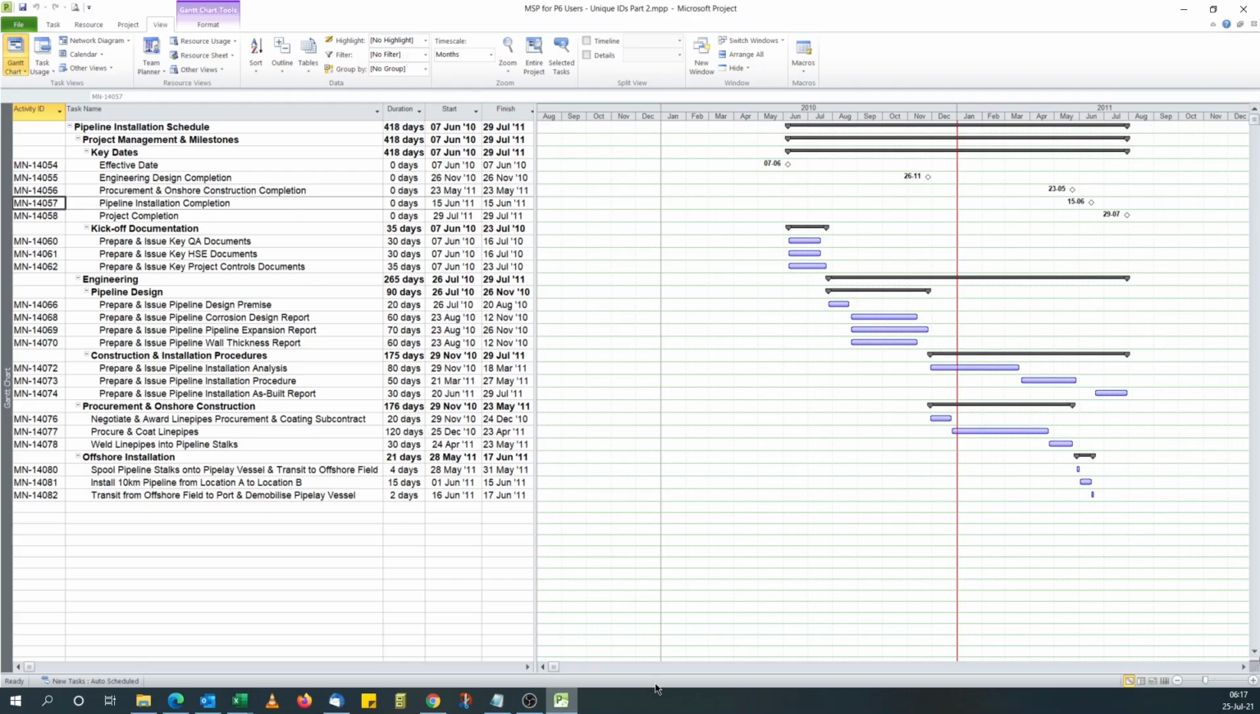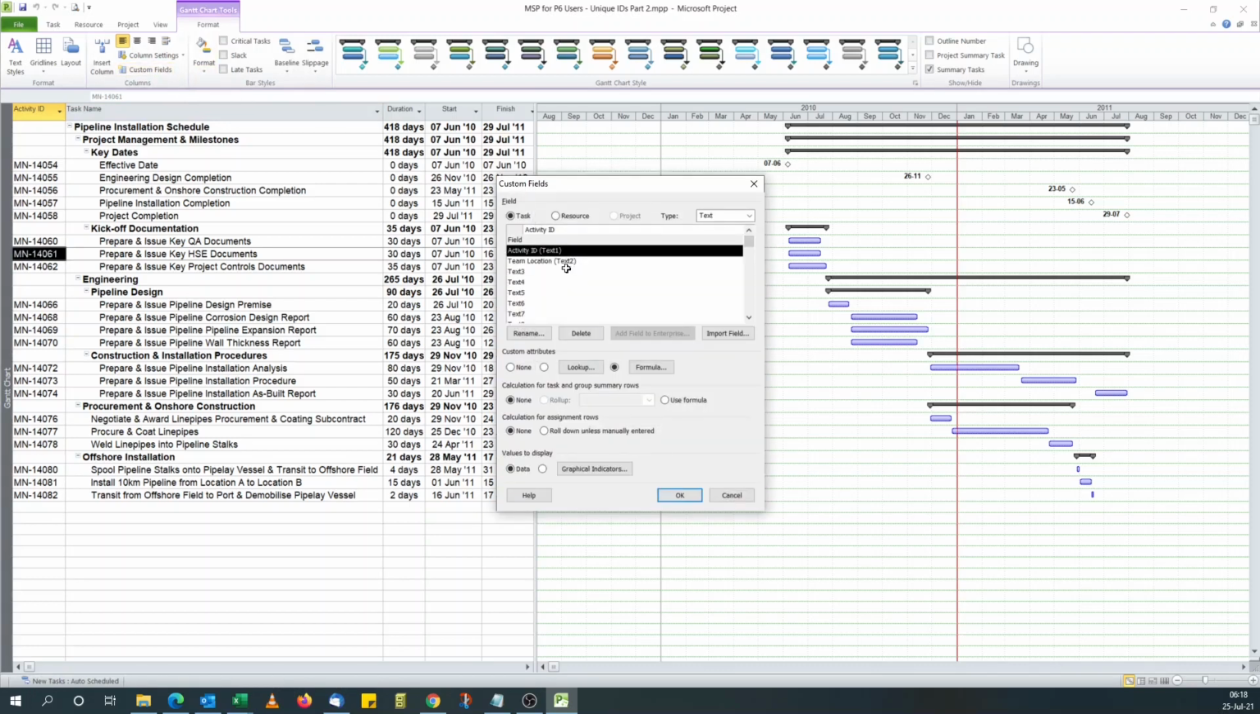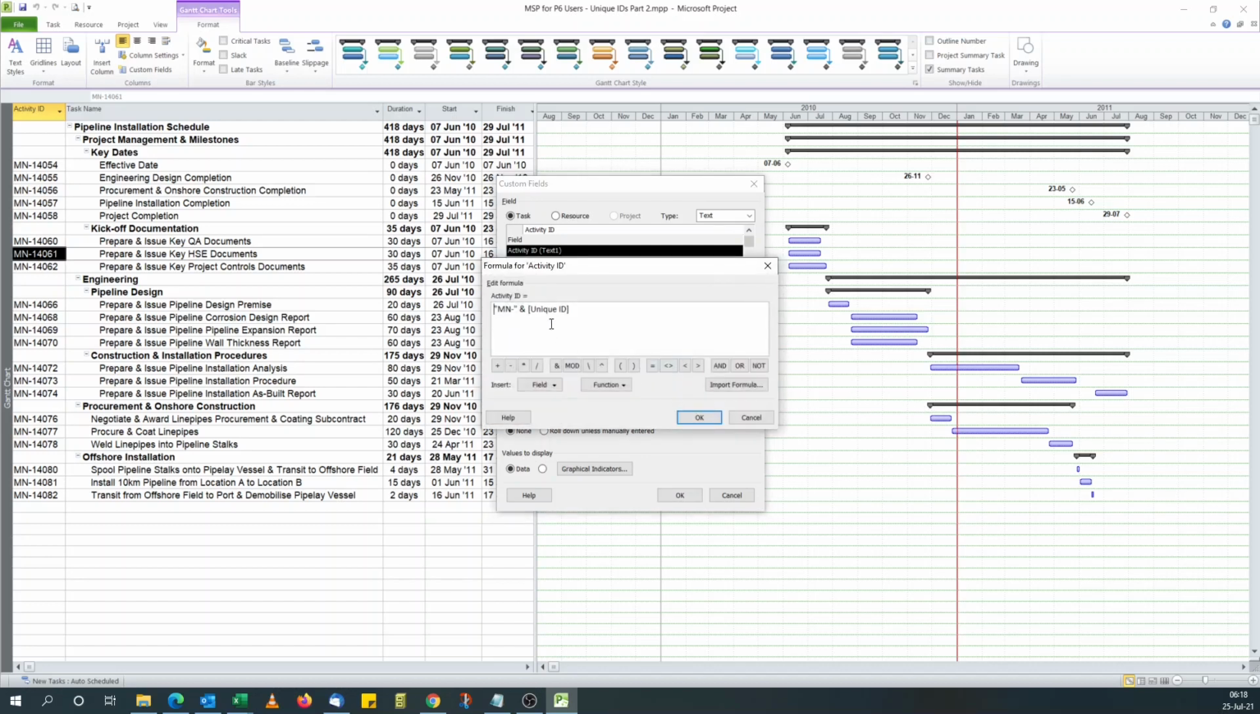So if I go back to that schedule, the schedule for adding an activity ID column, which we did, everything just had an MN dash prefix. All I did was add the MN dash prefix to the unique ID field that comes with Microsoft Project. You can confirm that by going to Format, clicking Custom Field. I've used Text 1. If you look at the formula, the MN dash